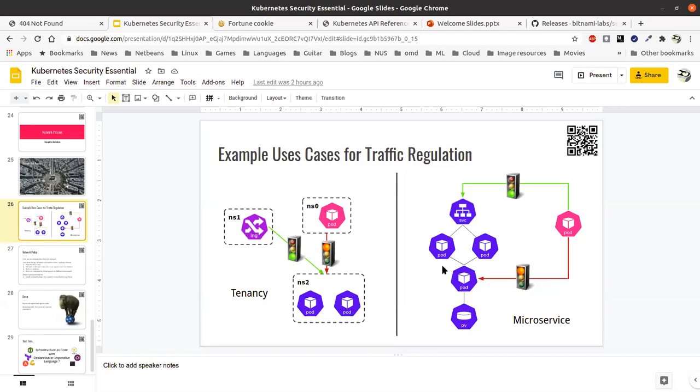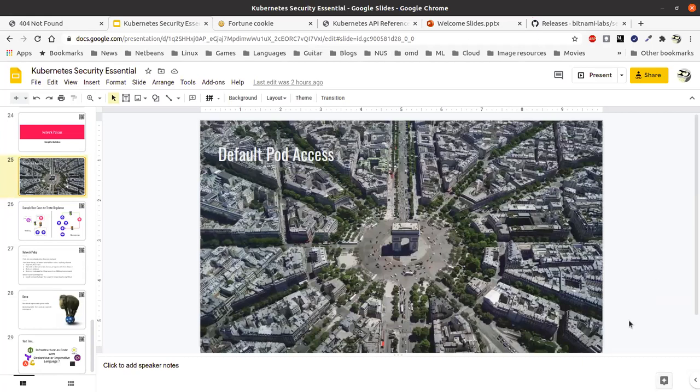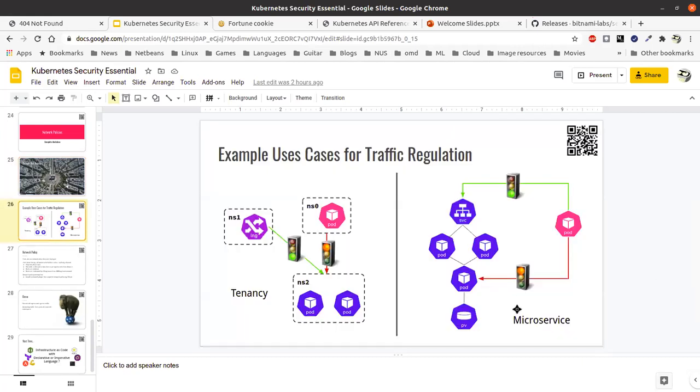So in here, for example, I've got some port that accesses the MySQL database. So this is the MySQL database. These are the ports that access this, right? And I've got some external port which I only want to allow to access via the service. They are not allowed to access the MySQL database directly. Okay, so if you've got a default deployment for your port, right, then you wouldn't be able to enforce all these things. Okay, so what we're going to do is this: we are going to create some rules to define some of this